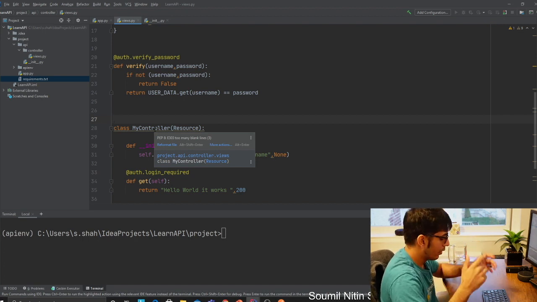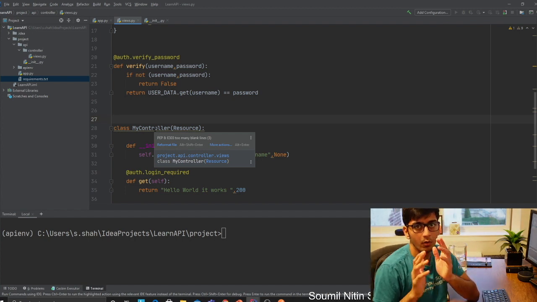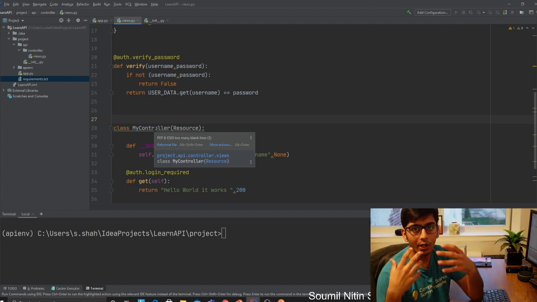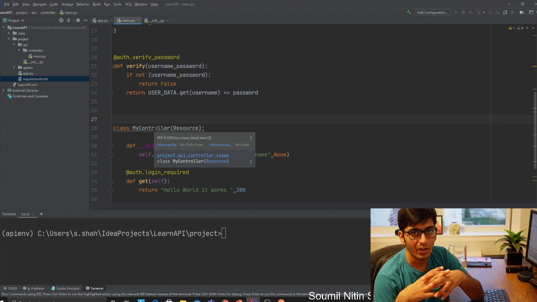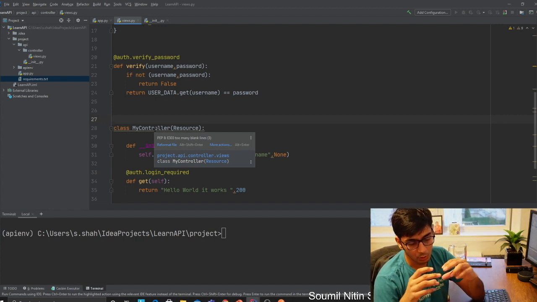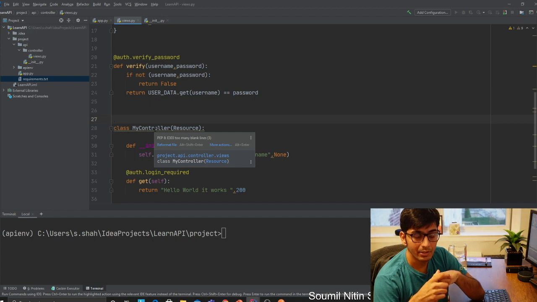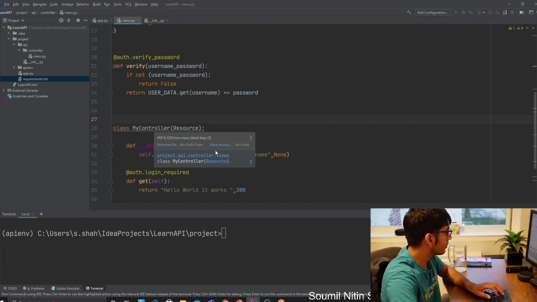So here is what we are doing. First, the user would log in using HTTP basic authentication. Once the user is logged in, the user would get a token which is valid for 30 minutes, and that user can use that token to access the REST API. Once 30 minutes is done, the user cannot access the REST API because the token is expired, and the user needs to again do the JWT authentication. Let's learn how to do that.